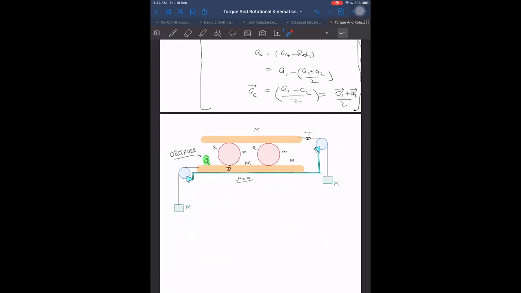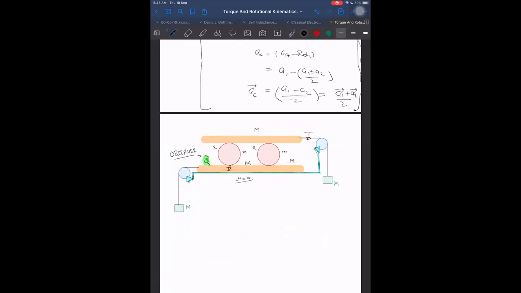But can I write the torque equation about this T? Yes, I can get the torque. Can I get torque for T also? Torque is defined even if a body is not rotating, but is just translating. Then also torque is defined. So I can take the torque acting on this system about this person here. So with respect to this person, what is the torque acting on the system?